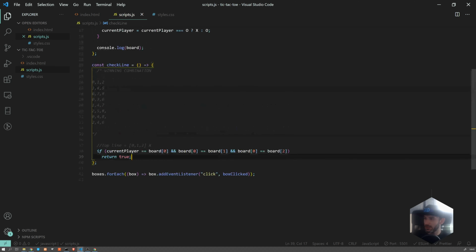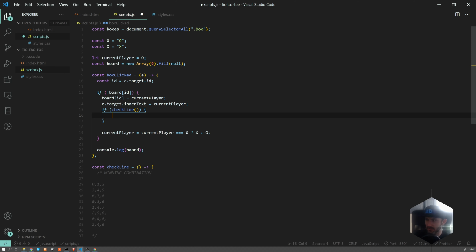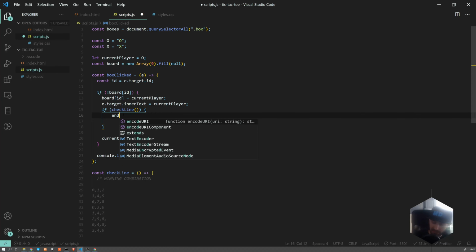Okay, so here, except for just calling this function, we'll be doing something like if checkLine. So if this is true, actually we should probably call it something like do we have a winner, but I can't come up with a better name, so let's leave it like this. But basically, if checkLine returns true, then we want to end our game,